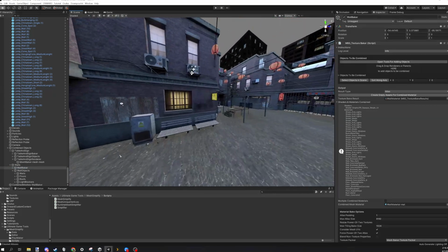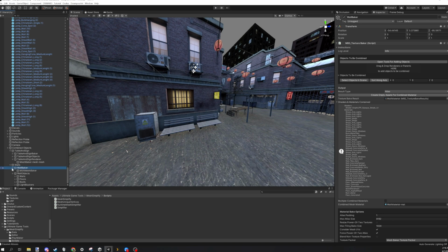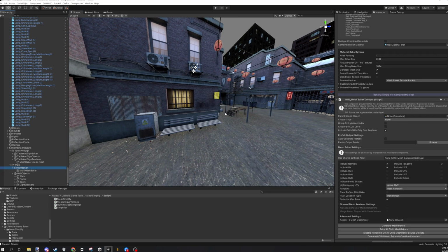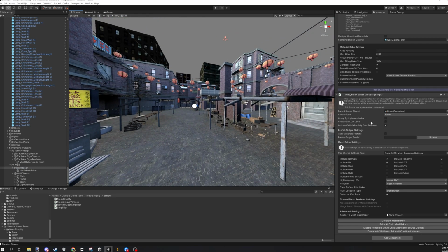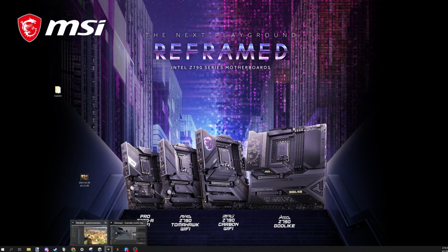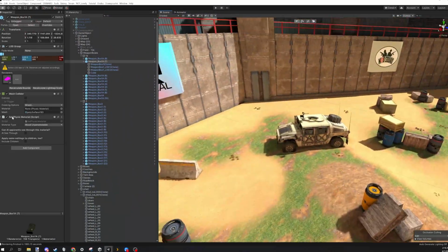Okay, so back on our baker, we have the multi-mesh baker. We have already combined our materials. This cluster by LOD, now I can kind of explain what that is. Now that you've seen LODs, you might understand that better. Basically, if you have an object like that Humvee I was showing you with multiple LODs on it, you can cluster by LOD level, and it will, let me bring it up, it will